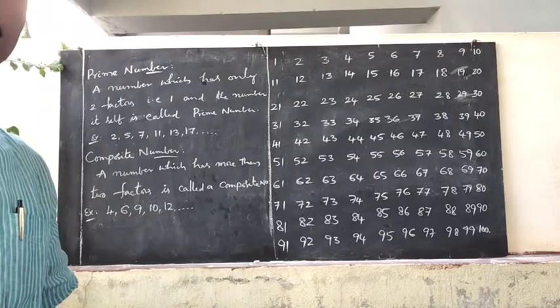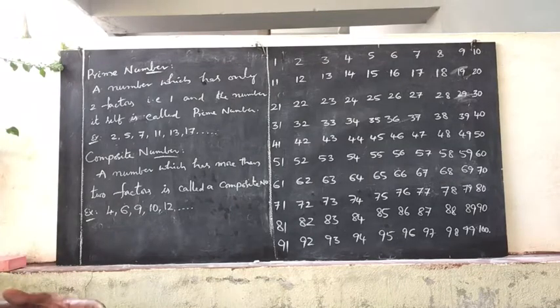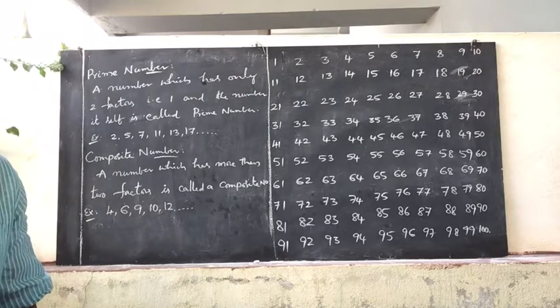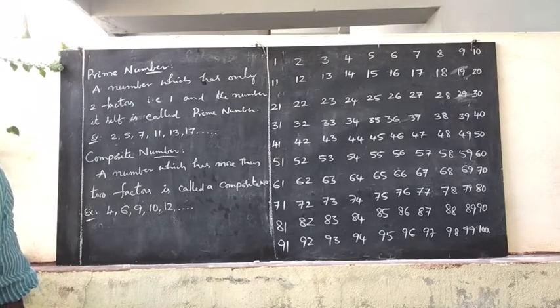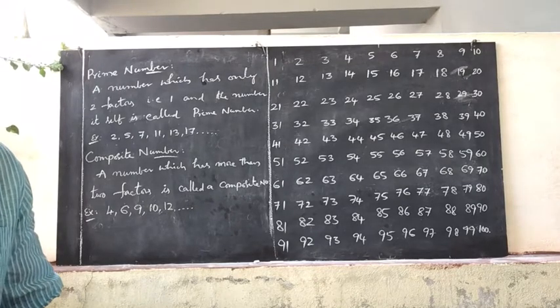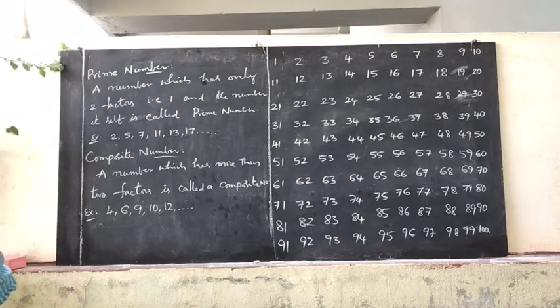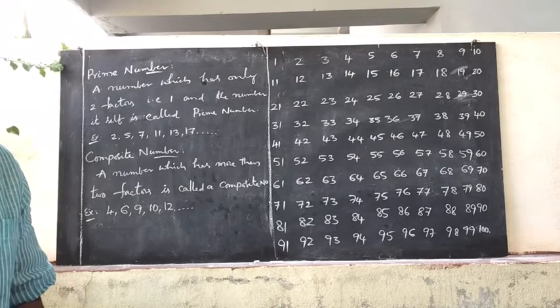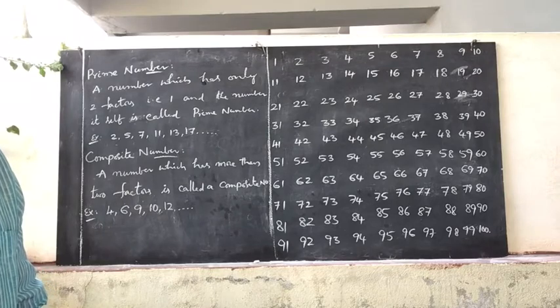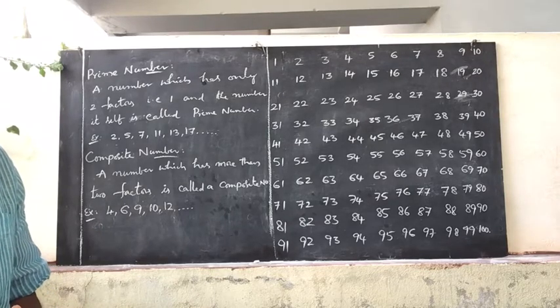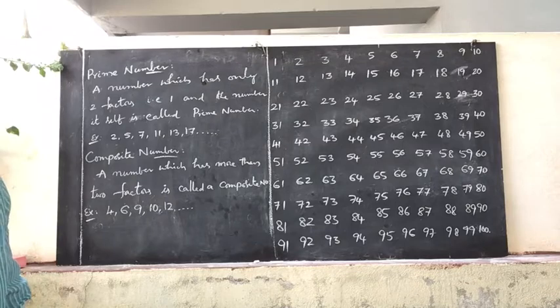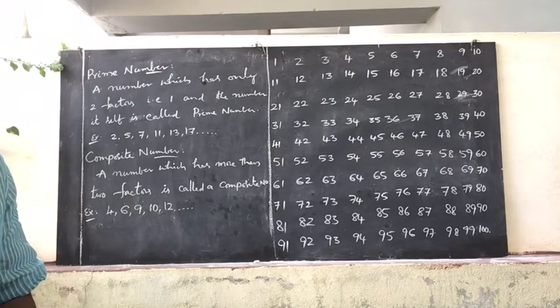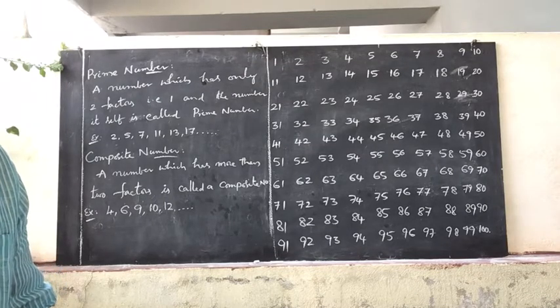Okay, let us see. Now we have seen multiples and factors, common multiples, least common multiple, factors, common factors, and highest common factor. Now, after finding the factors, here you will get two more kinds of numbers. They are called prime numbers and composite numbers. What are prime numbers? About the factors only we can say the prime numbers.